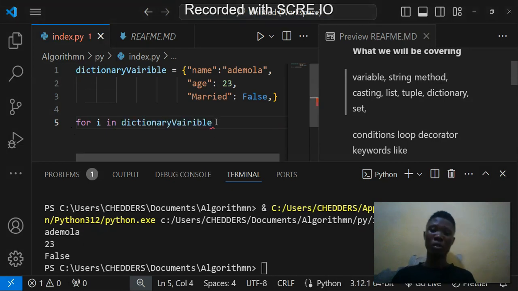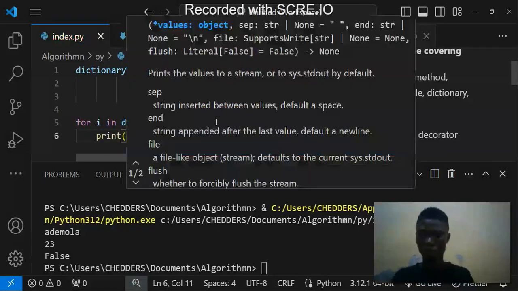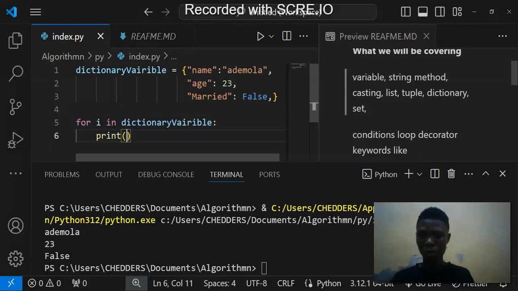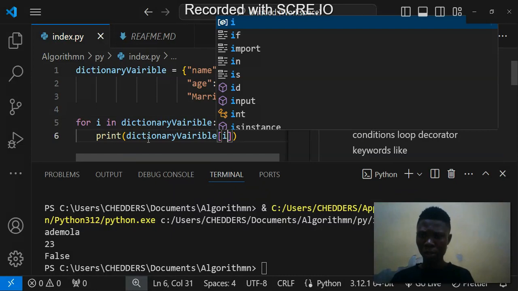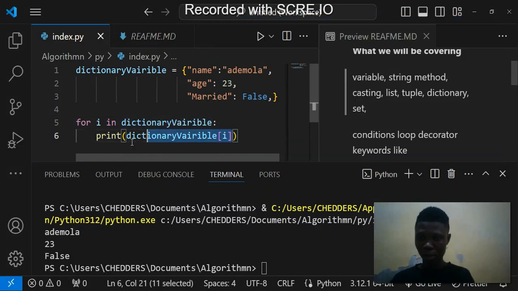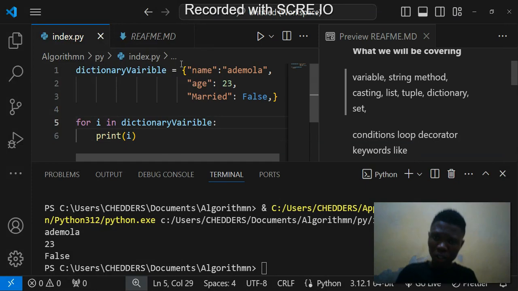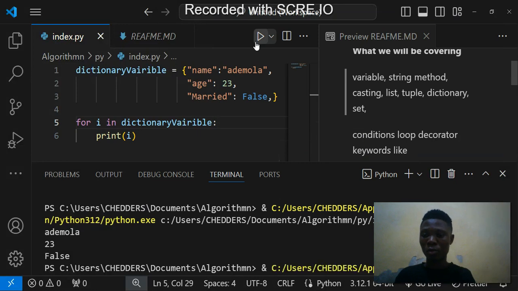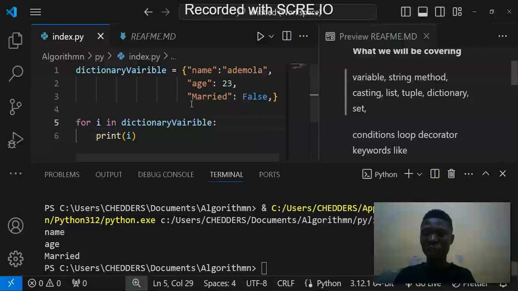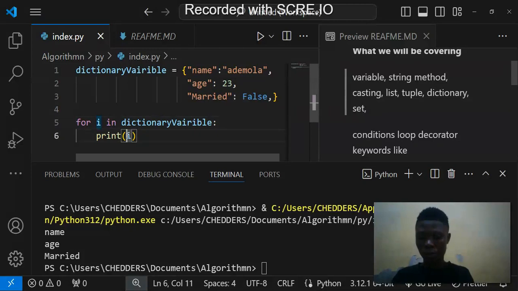So to iterate through it, you use the normal iterator. We say print, then we say dictionary variable, then we put i. What this does, let me first print i so that you understand. Once you put i, it will iterate through the dictionary and show all the keys, not the values. See: name, age, married. Then if you want to check for the value, you can say dictionary